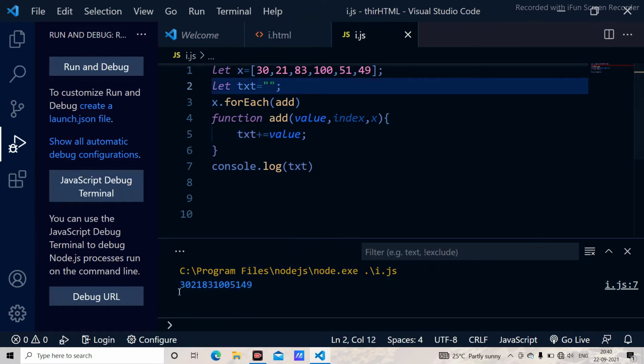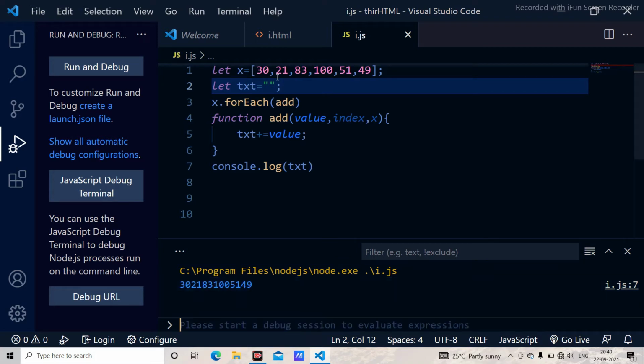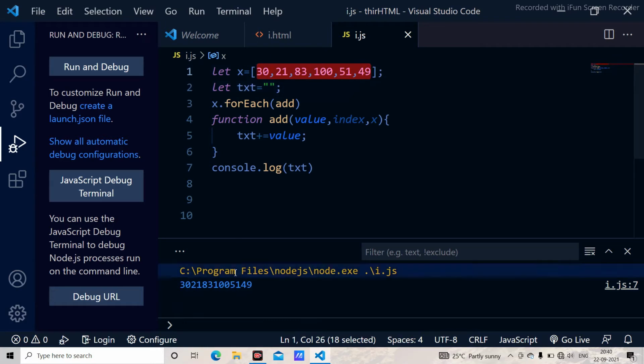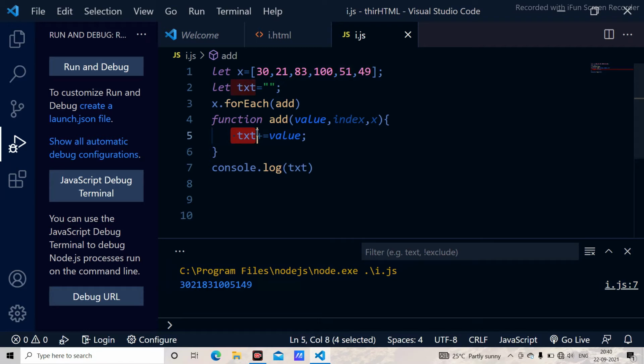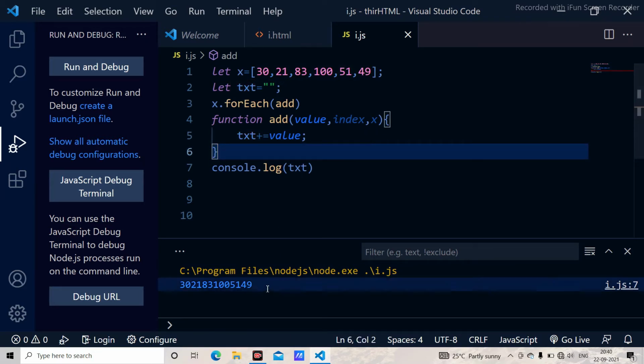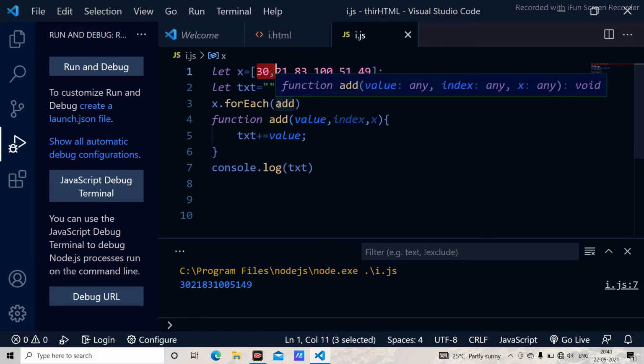As you can see here, we have 30, 21, 83, 100, 51, 49 in the array, and we have the same thing here, and this text added it consecutively, therefore we are getting this. For example, I will explain it. We have let x equal to this whole array, and I have declared a variable txt, which is a string, and I'm using x.forEach, which means for each element it is going to work, and we have to use a function.